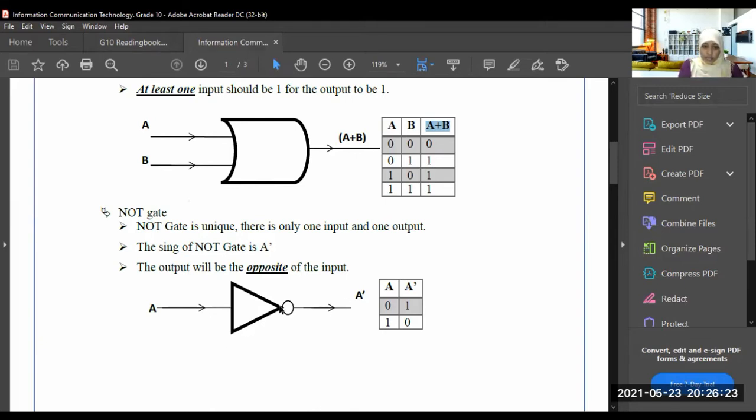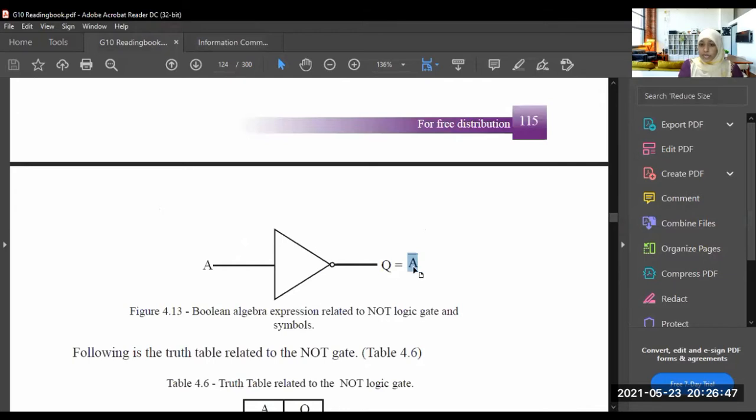So as you can see here, there is a rectangle and a small round here. Okay. So the sign of NOT gate is, you can write it like this, A, and you can put a comma or apostrophe. A, you can put an apostrophe. It means A bar. Okay, not A apostrophe. Yeah, it is A bar. Or else you can write it like this also. You can write A and put a small line above the A, right?